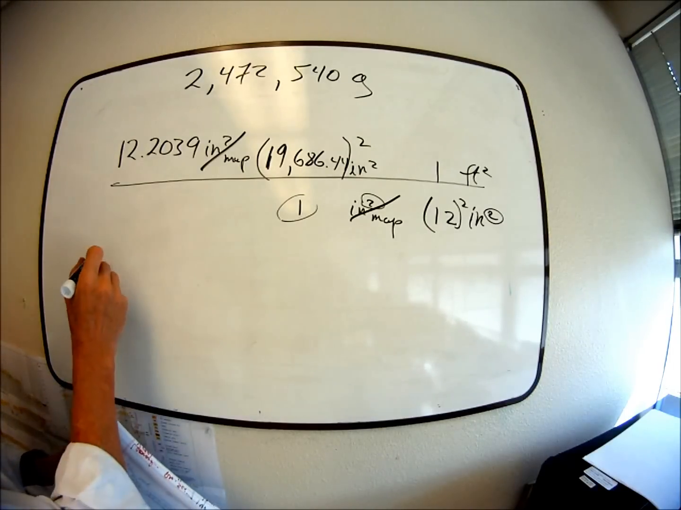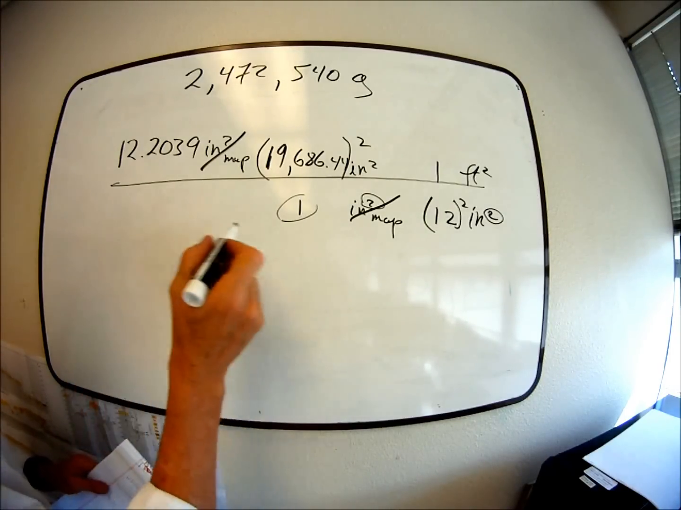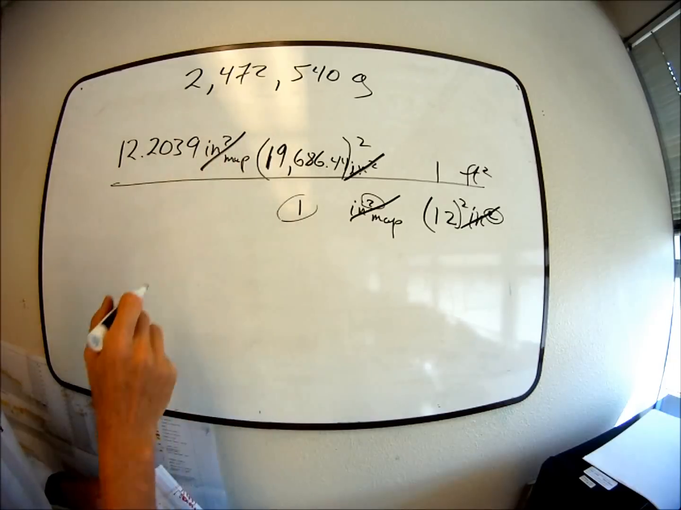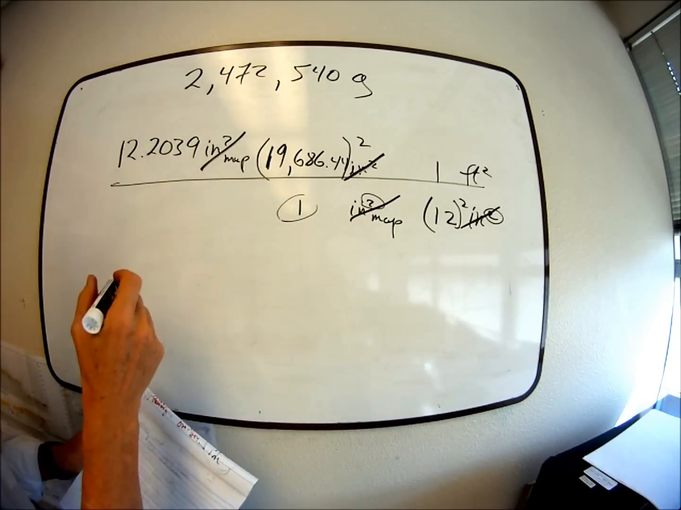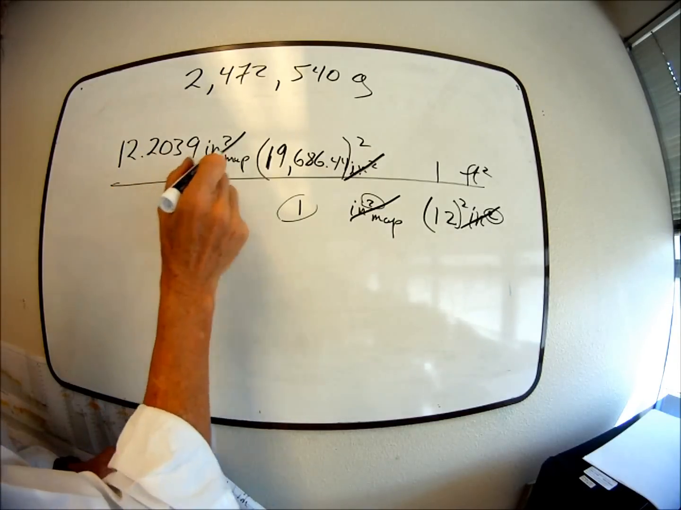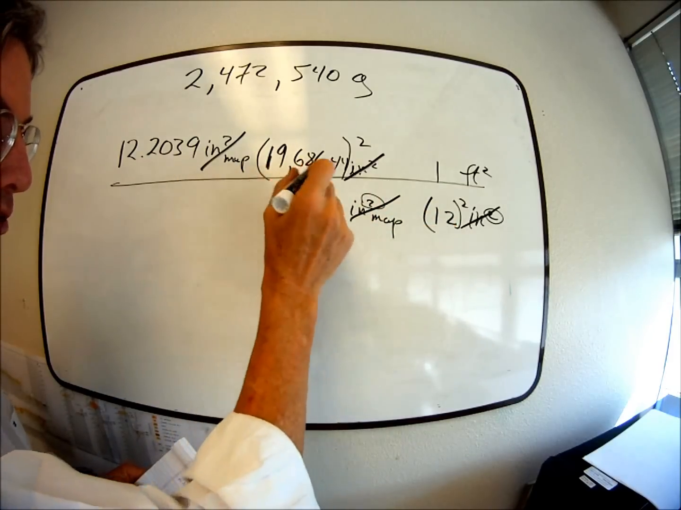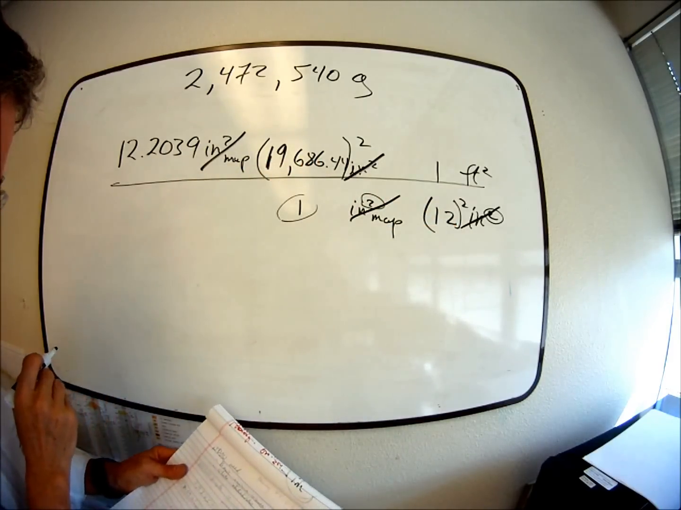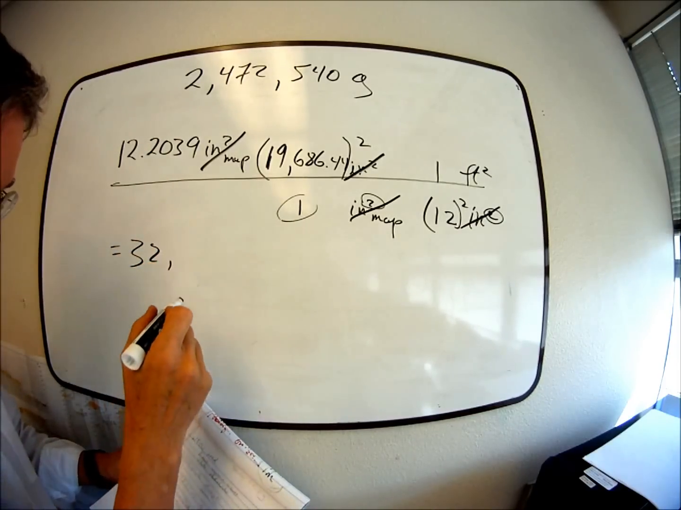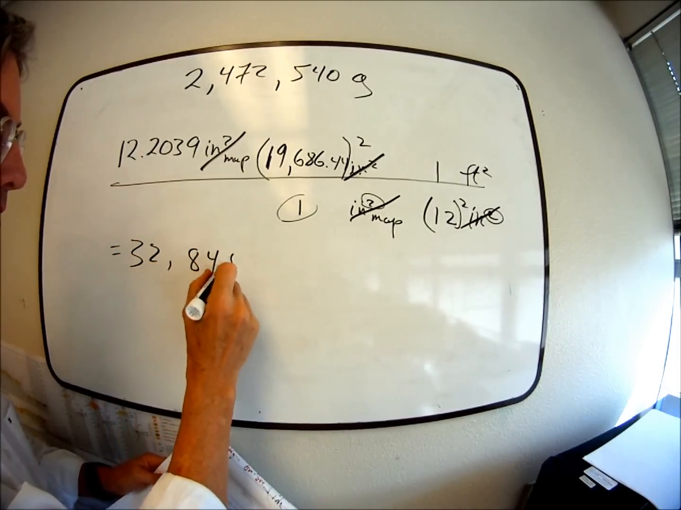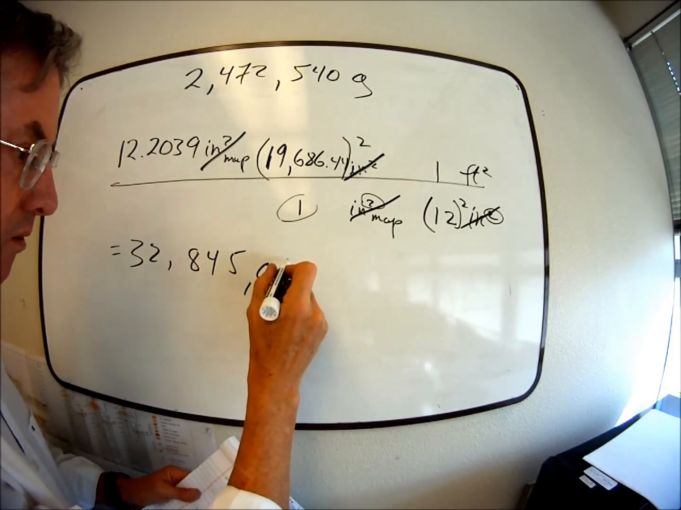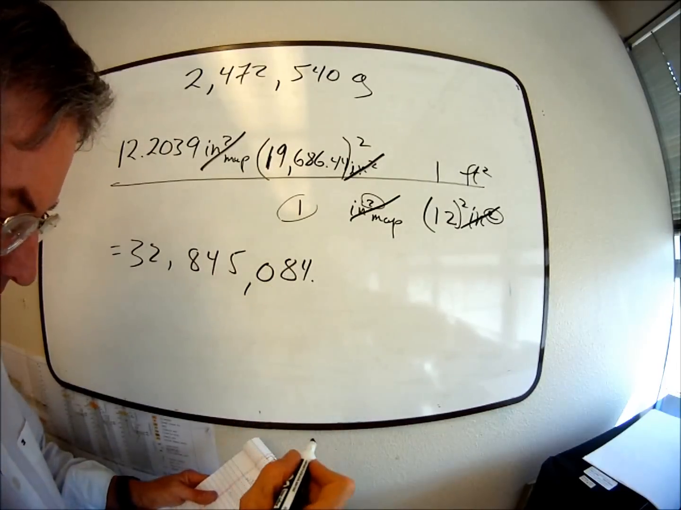And so now, let's look at the outcome of that. Let's check to make sure our units all cancel. They do. We're left with feet squared, which was what we want in the denominator. And so what we're going to do here then is carry out the calculations. It's multiplication, squaring, and division. Okay? And we're going to end up then with 32,845,084.2